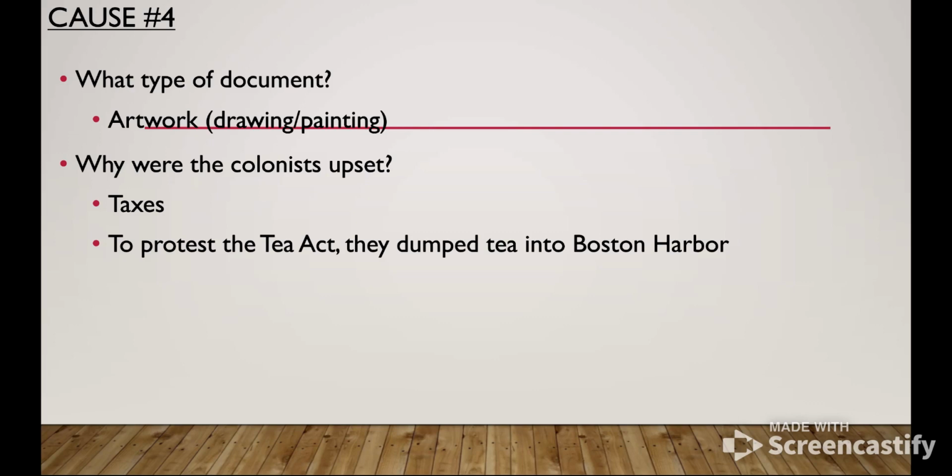They sneak onto a couple ships that were parked in Boston Harbor, and they proceed to dump hundreds and hundreds of pounds of tea into Boston Harbor, ruining it. I don't remember the exact amount, but it wasn't just a little bit of tea. It was somewhere in the neighborhood, if I'm remembering right, of $2 to $3 million worth of tea. So this ended up being a pretty big deal and was another event that slowly was causing the colonies